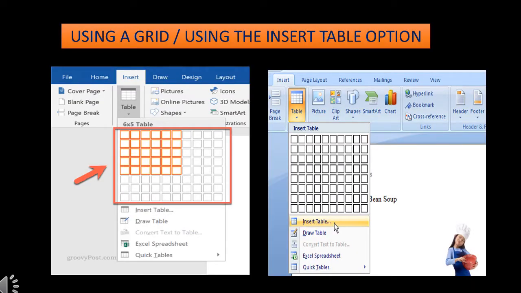In MS Word, there are many different ways to create a table, like using grid, using quick table, or convert into table. So in this way we can create a table. Table option on the insert tab using grid: we can click the insert tab and click the table option. Then afterward you can see on the screen a table grid appears. It is called table grid. Okay, so drag the mouse to highlight the desired number of rows and columns. So in this way we can insert a table.